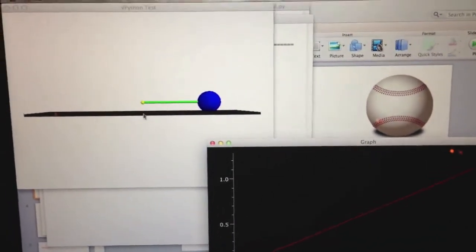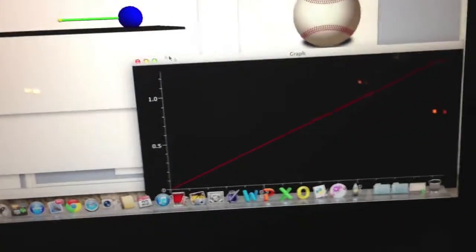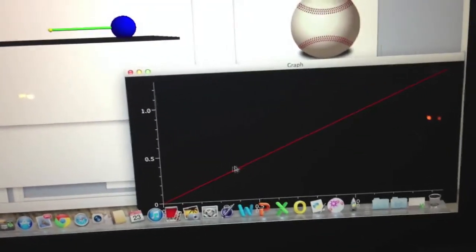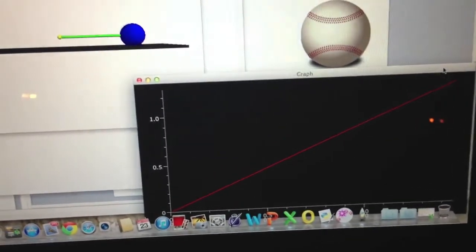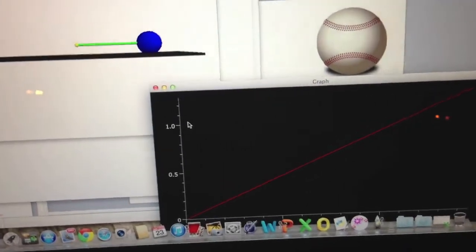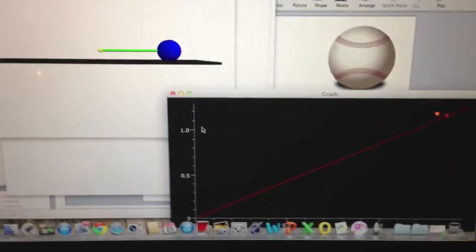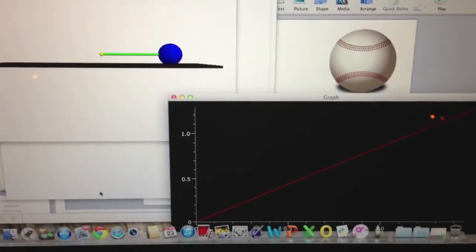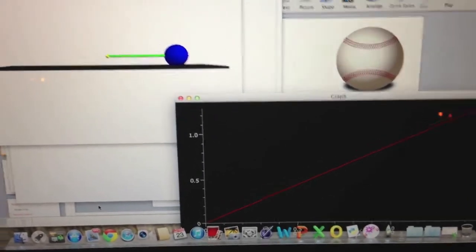Alright, we see that the ball moves in the positive X direction, and on the graph right here it has a constant slope, giving it a constant velocity. This is the desired graph for the constant velocity problem for our baseball by entering it into Python. And for our actual video,